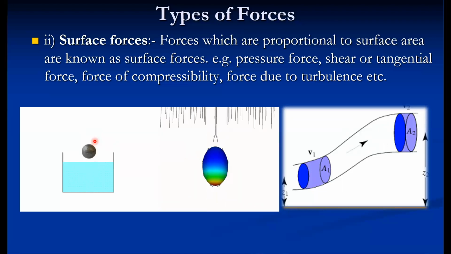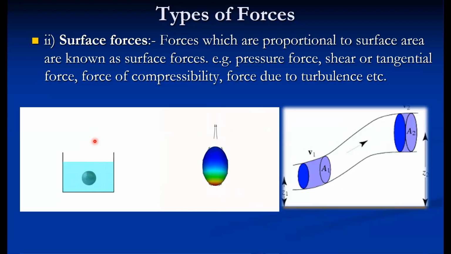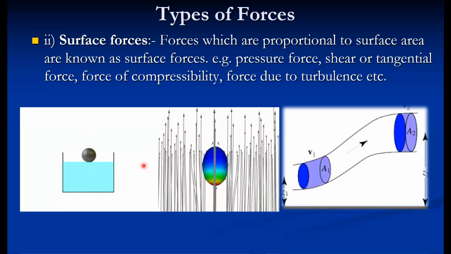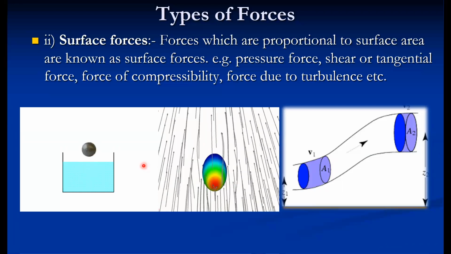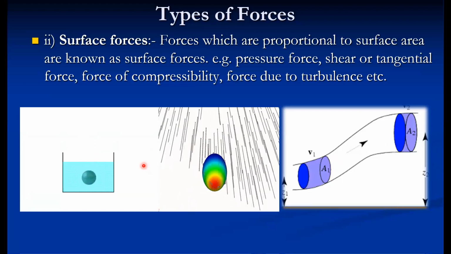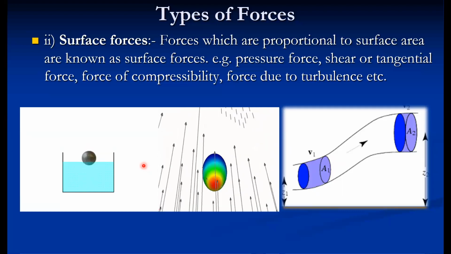Then comes the force due to compressibility, where the compressibility is the bulk modulus of elasticity. This force is equal to bulk modulus of elasticity into area. Again, area is normal area, like this area, flow area we can say. And the force due to turbulence, like the shear force also, here the dynamic shear stress value or eddy shear stress or eddy viscosity is considered for calculating the force due to turbulence. Here it is turbulent shear stress multiplied by area, again shear area.